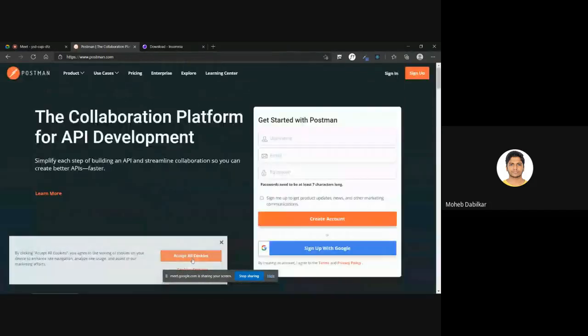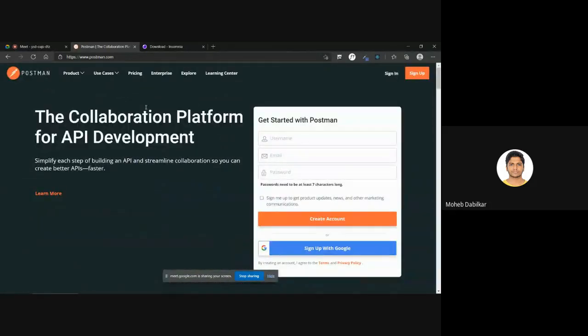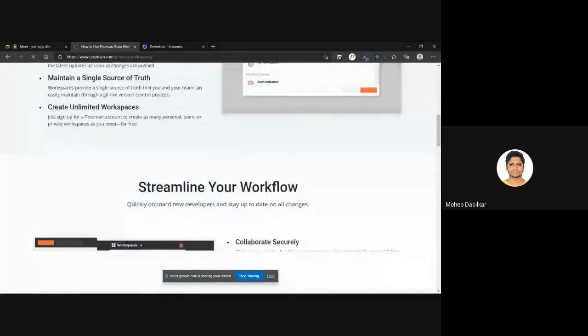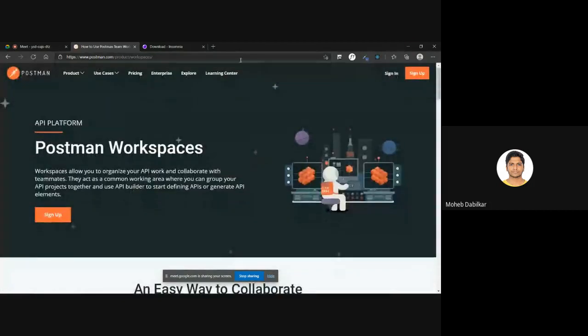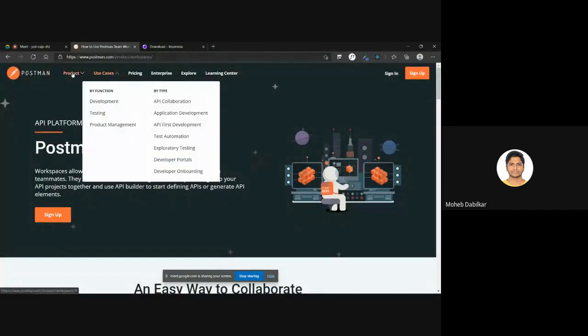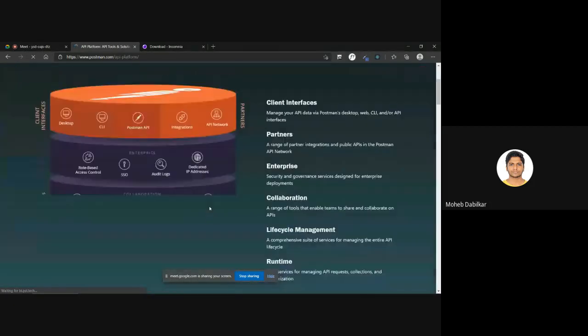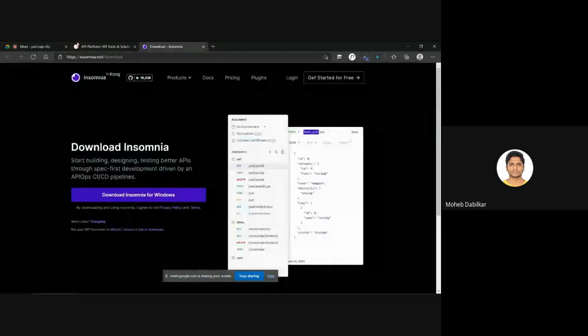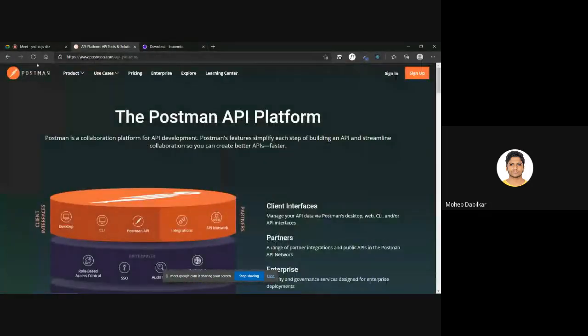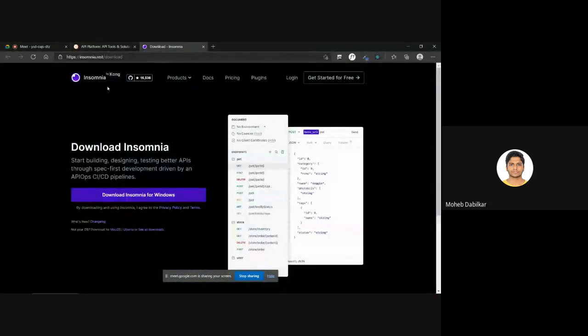I really don't want to do this right now, but let's just see if it allows us. Nah, you need to sign in to do that. So you have to download either one of these. You can download Postman or Insomnia. I would just prefer Insomnia.